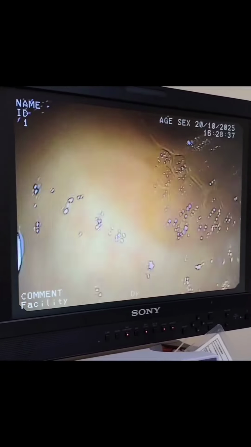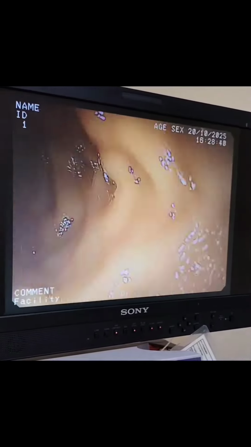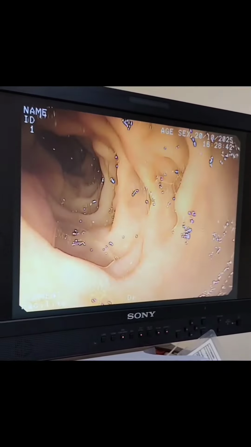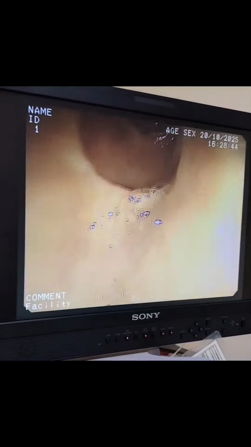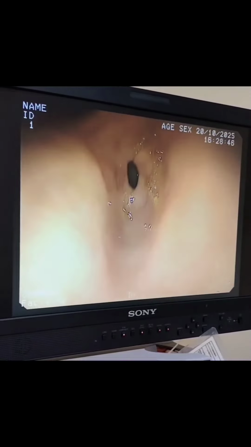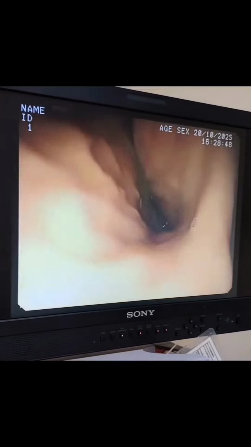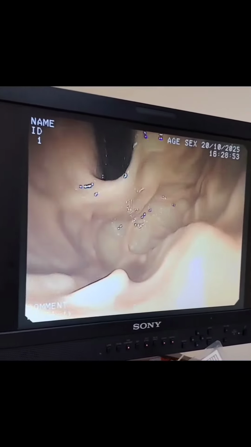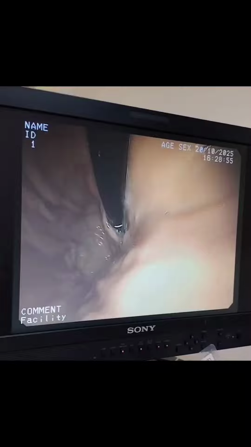After passing through it, we reach the stomach and its different parts. I'll explain those in more detail in future videos. Usually in endoscopy, we continue the procedure up to the duodenum. Sometimes secretion can affect the image quality, but we always try to keep the view clear and focus on the